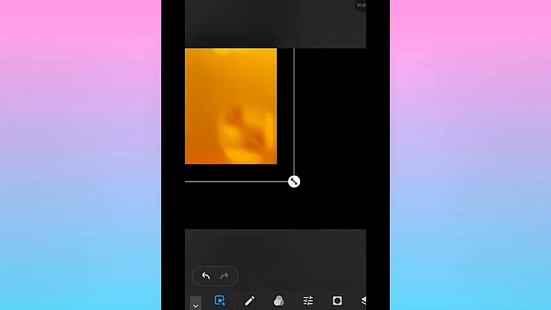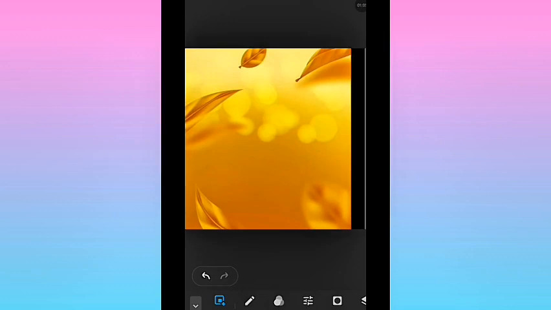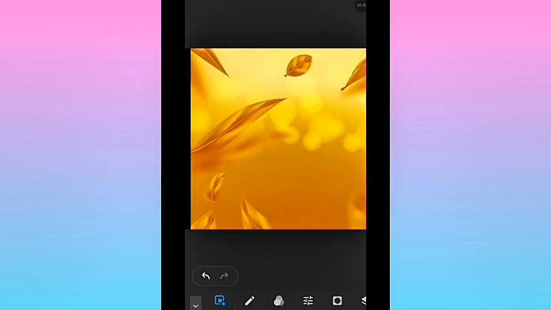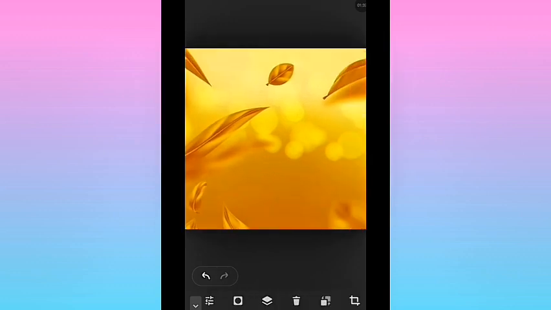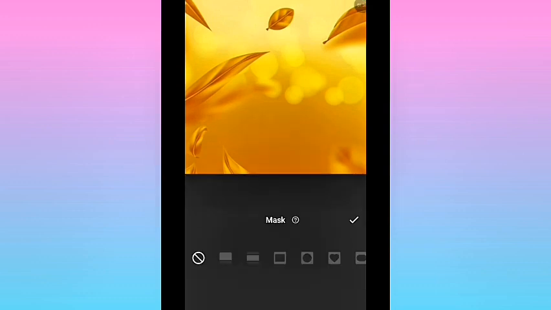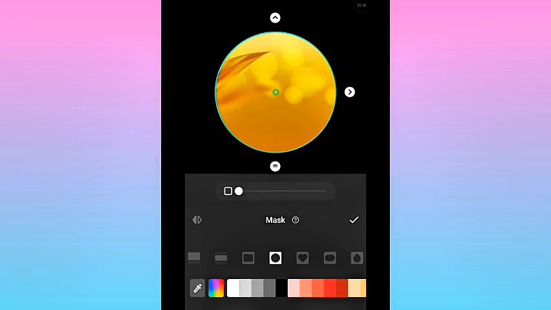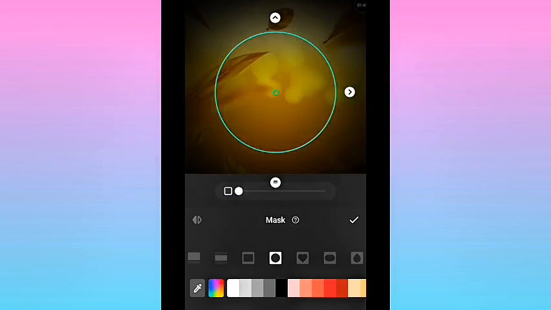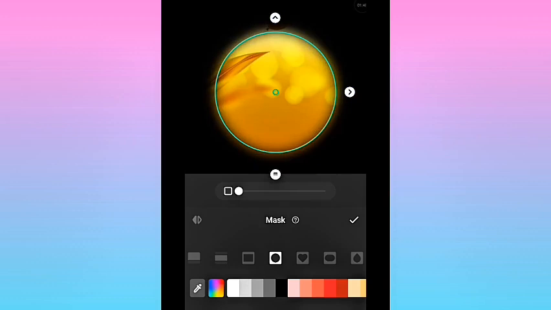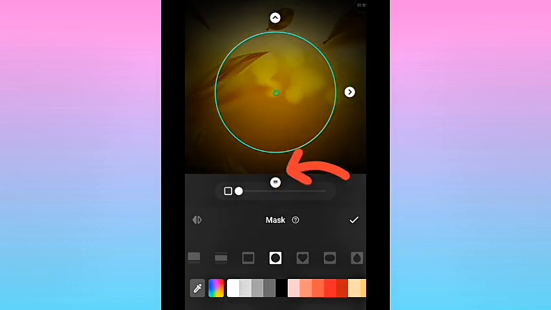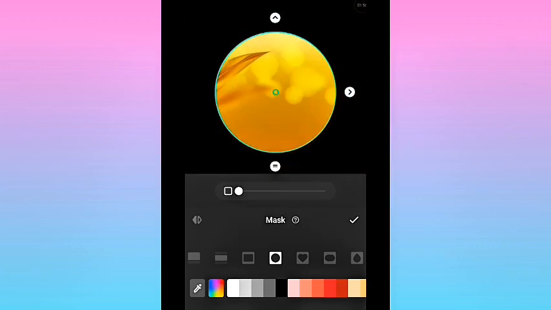Oh sorry, you're not blurring your background. You click on mask. So when you click on mask, let's start with the circle shape. You see that brush, you are going to use it to either increase it or decrease it to give it rough edges. That's your basic tool that you are going to be using to increase or decrease